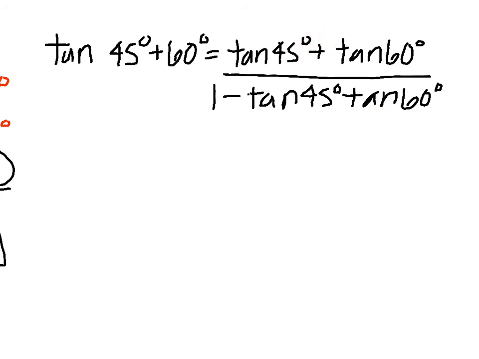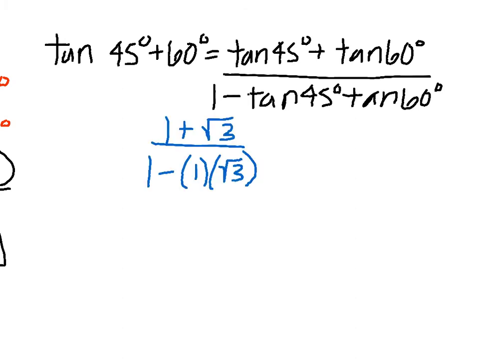My sign in my numerator is the same. My sign in the denominator is the opposite. These are values that we should have memorized, or you might draw triangles to figure those out. I'm just going to go ahead and fill in those values. So I have 1 plus radical 3 over 1 minus 1 times radical 3, or you might have just written 1 minus radical 3. I know I cannot have that radical in my denominator, so I'm going to have to